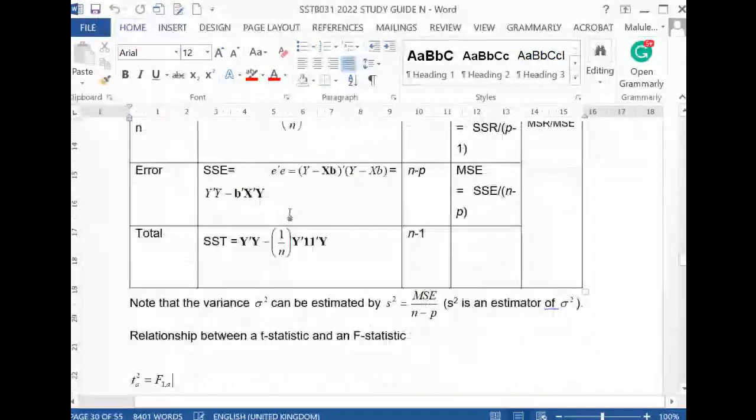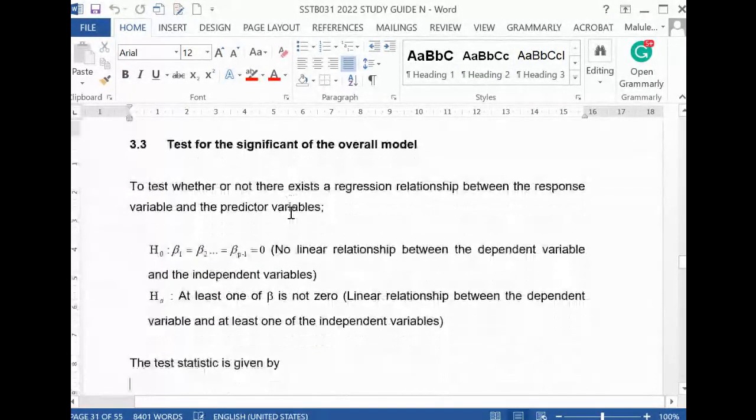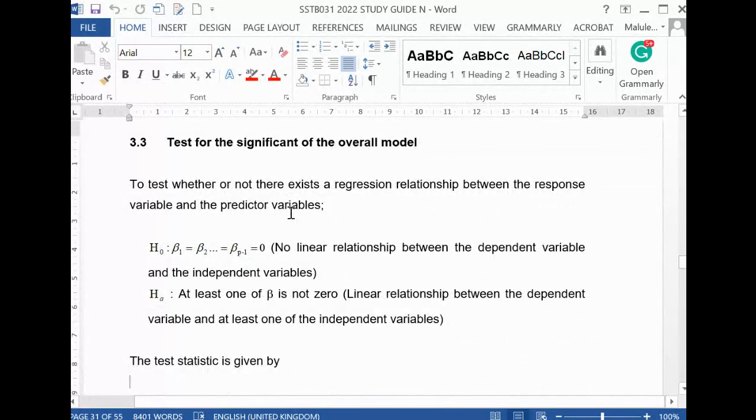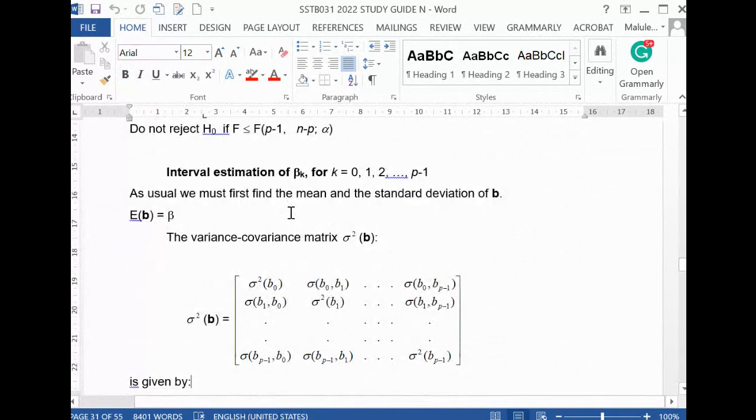This is the ANOVA table. I explained that this is how you should write when you test. We have covered that one. If you feel like I didn't cover something, please let me know. I explained the use of this matrix,